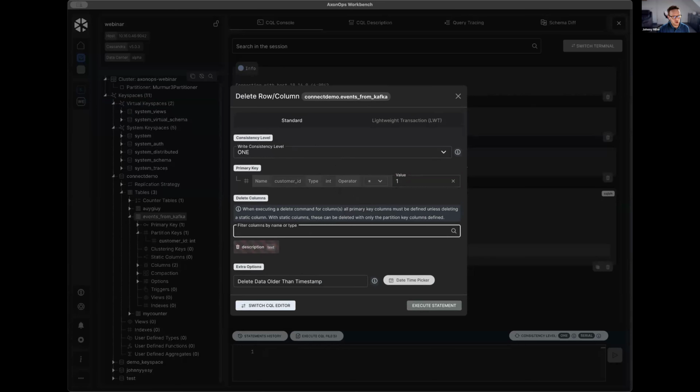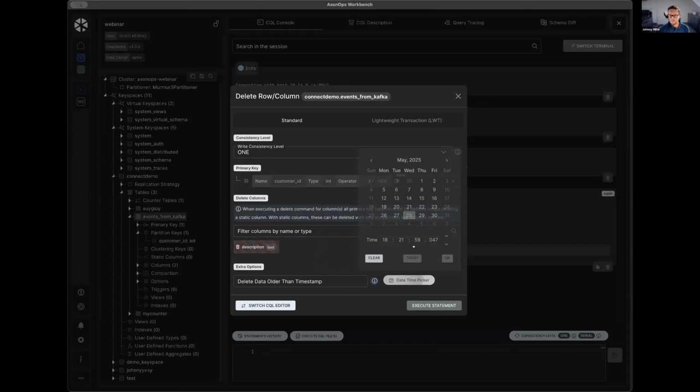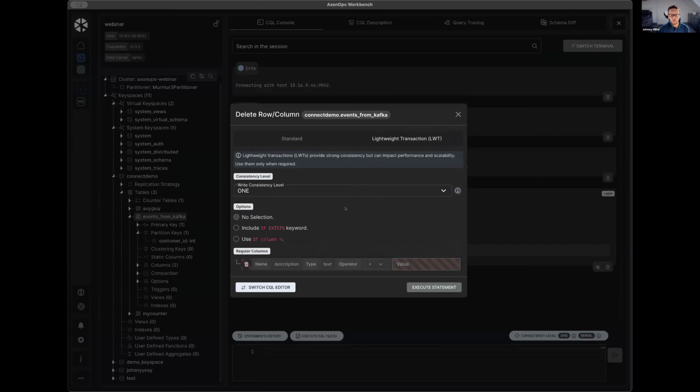If I had a load of them, you can search the columns to find the columns that you want to add in there. It's also got the ability to set the delete data older than timestamp with a helpful tooltip explaining what that does, and a nice thing to pick it as such. And then if you're going into lightweight transactions, we provide you with some helpful stuff around lightweight